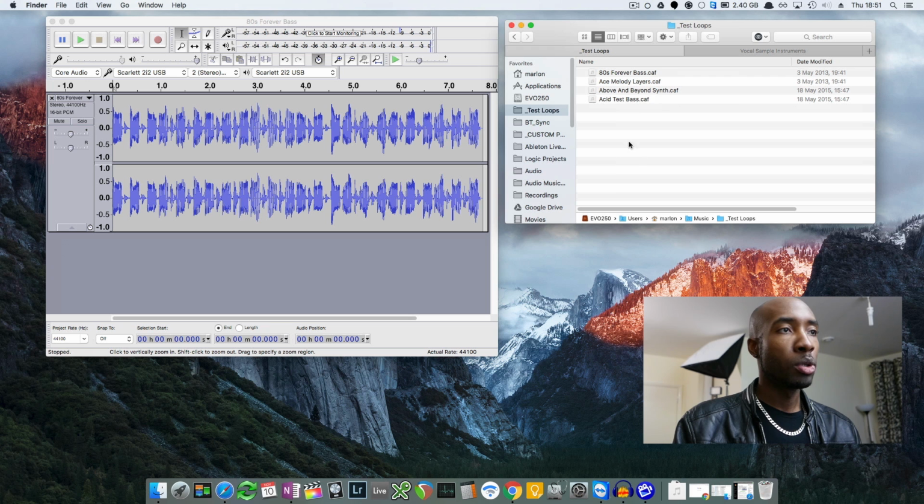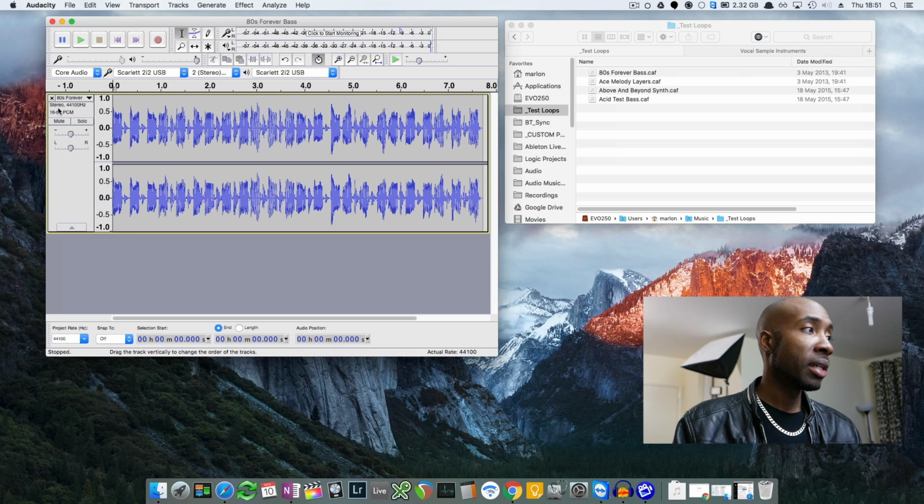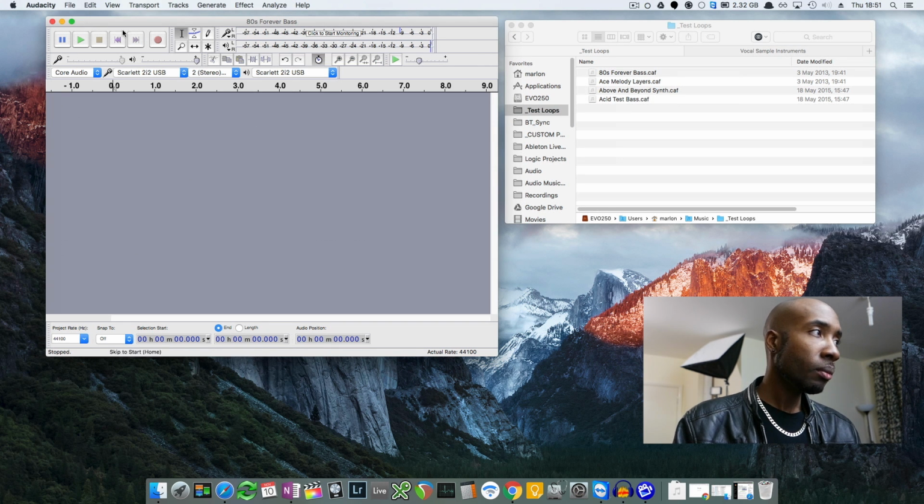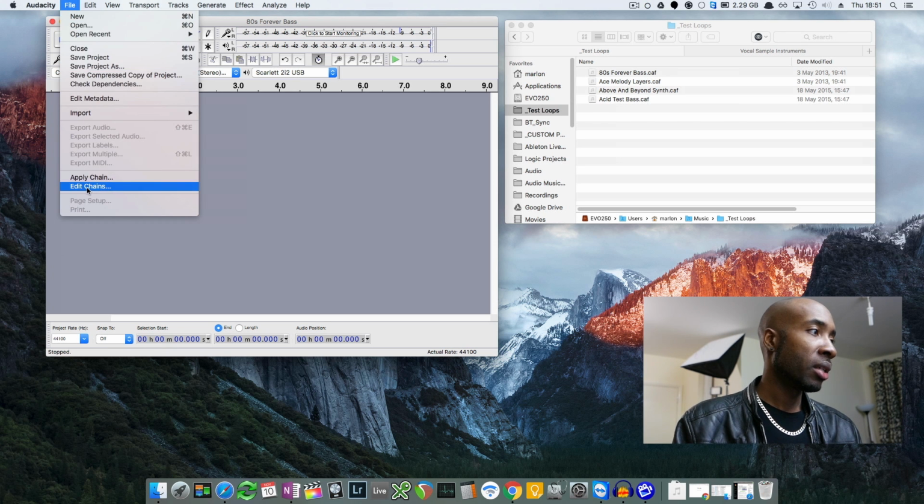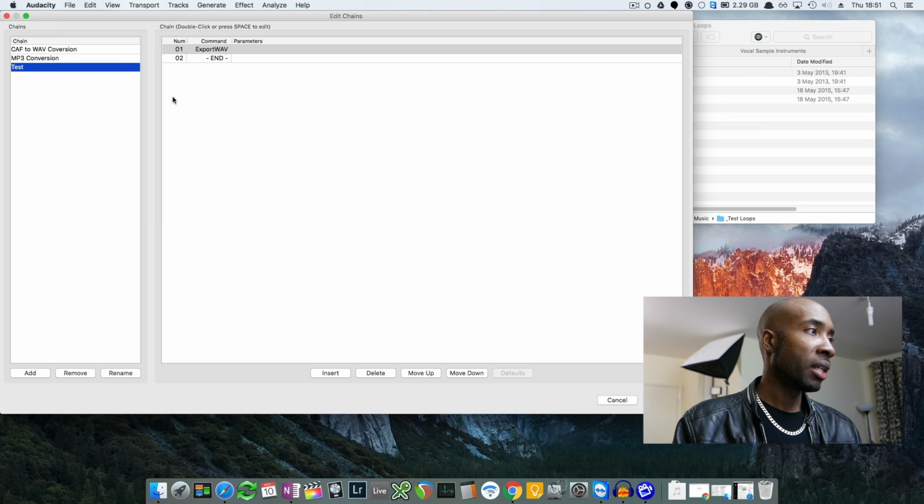If you want to batch process and have a whole bunch that you want to apply this to, you don't necessarily need to do it one by one, because Audacity has a really nice feature called chains, and that is basically automation to apply certain processes to a whole bunch of files. So what you want to do is go back to File and hit Edit Chains,